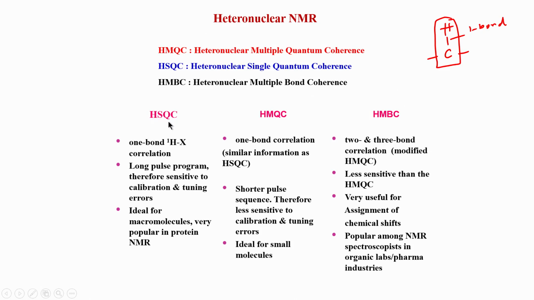The other advantage or disadvantage of HSQC compared to HMQC, which you will see shortly, is that it has a slightly longer pulse sequence. It has more pulses, etc. So, sensitivity-wise HSQC is slightly less sensitive compared to HMQC. In fact, HMQC is ideal if your sensitivity is a big issue, but resolution-wise HSQC is much better than HMQC. As we will see, the popular experiment which people do in the case of proteins is HSQC,